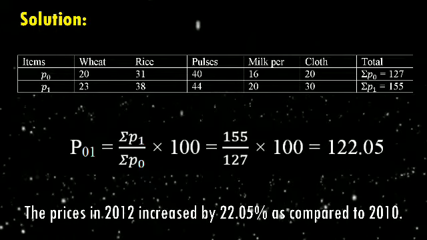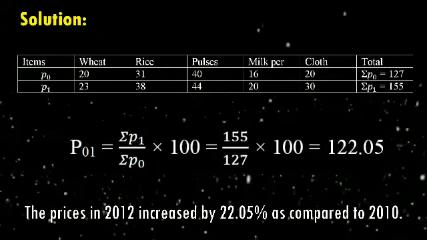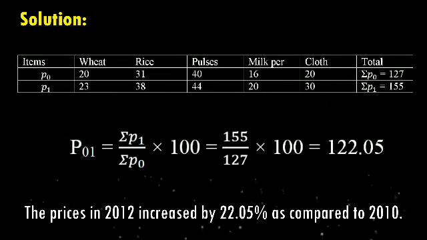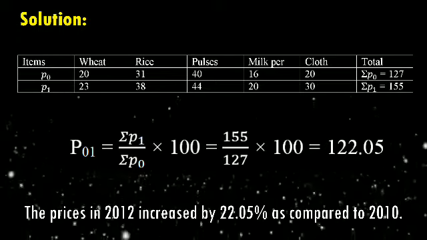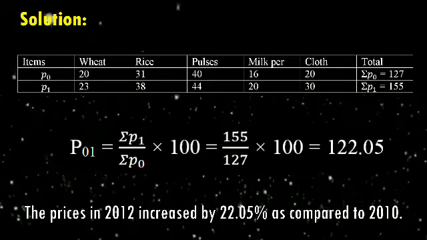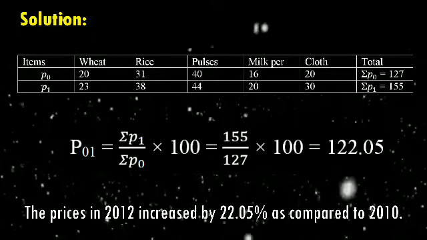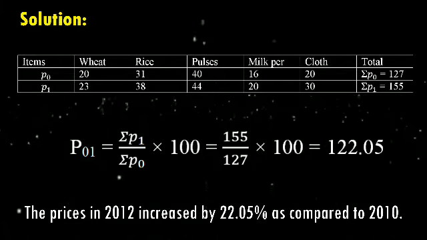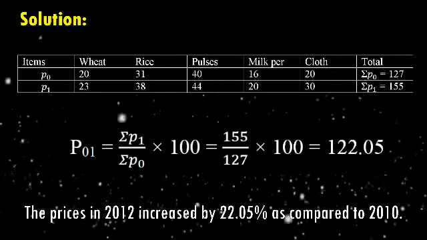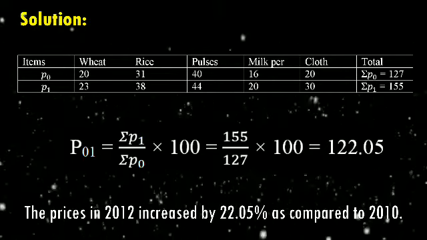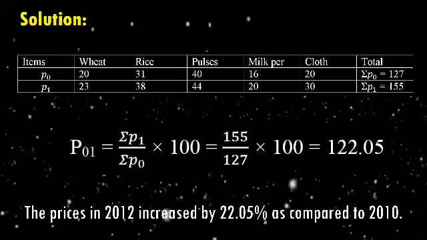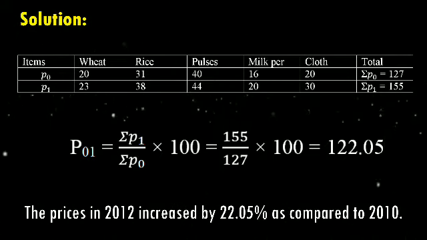In the third column, consider P1, that is current year price values. The values are 23, 38, 44, 20 and 30, and find the sum total of P1. So sigma P0 equal to 127 and sigma P1 equal to 155. After that, write the formula P01 equal to sigma P1 divided by sigma P0, which is multiplied by 100. Substitute in the formula, sigma P1 is 155 divided by sigma P0 is 127, which is multiplied by 100, and the answer is